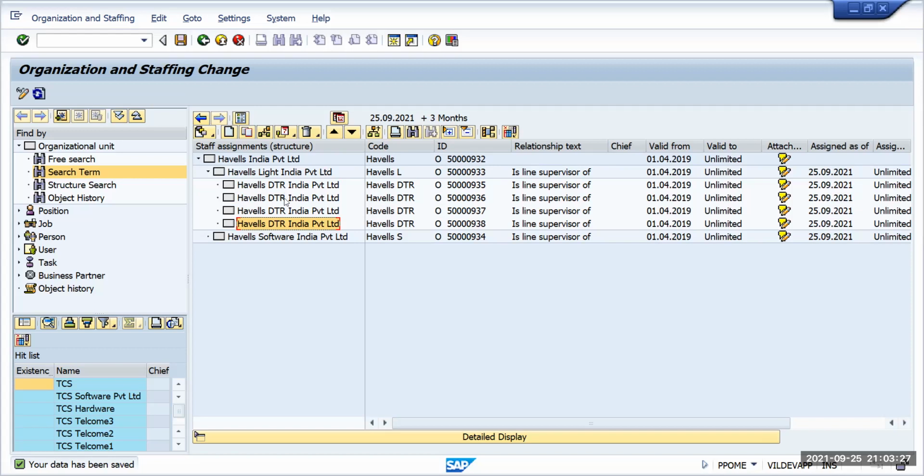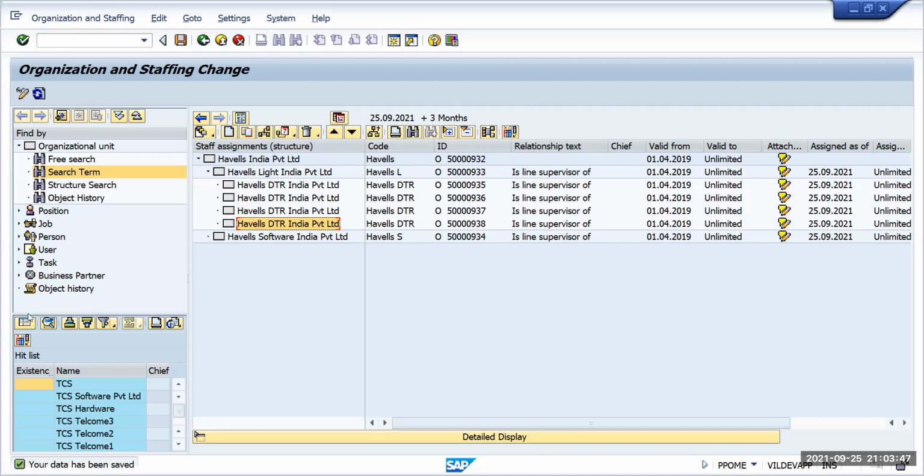Sir, from here to change it, it's not possible because we already saved it. If we want to change, then we'll go to the change option first, then we can. Again, I'll show you. No problem. I'll save it first. I'm going back. Any other one?